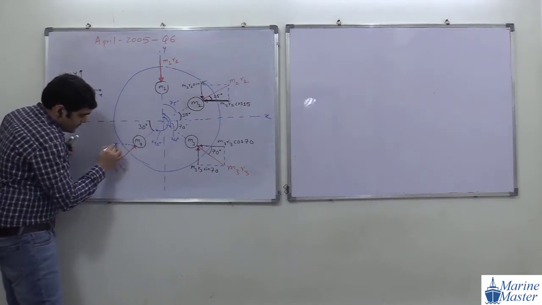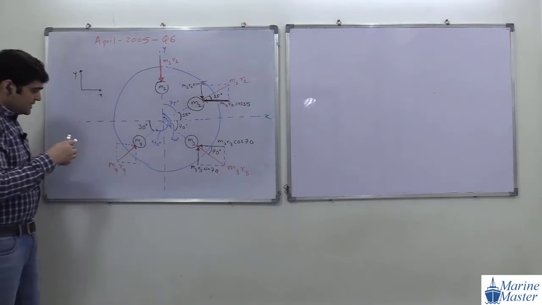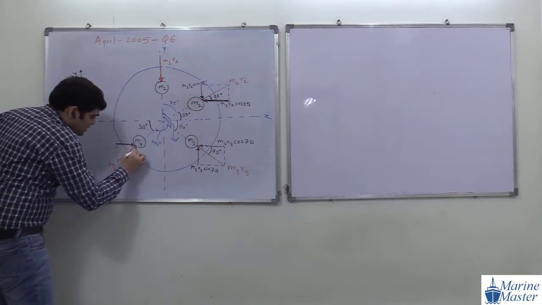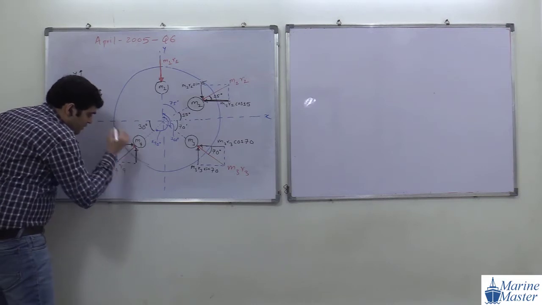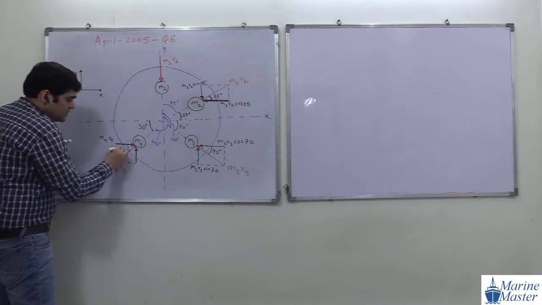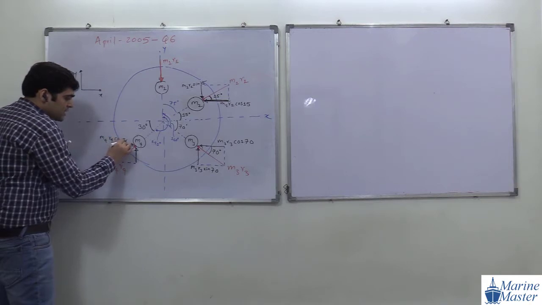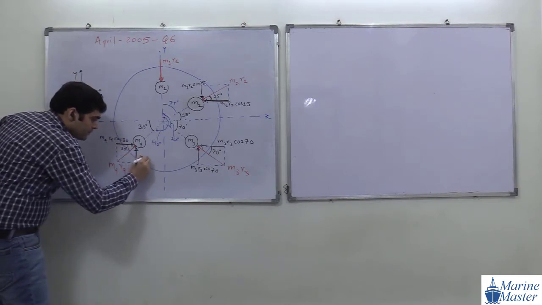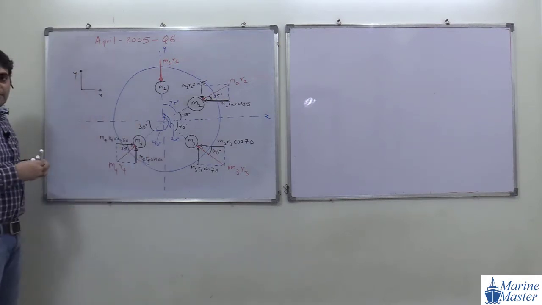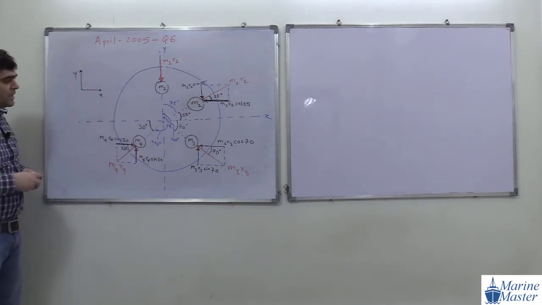Then fourth force, same component. One component is in X direction. This component is in Y direction. So M4 R4, this angle is how much? 30 degree. So M4 R4 cos 30, and then this will be M4 R4 sin 30. Okay. So first of all, please complete this drawing. Then we will see how to deal with this type of numerical.